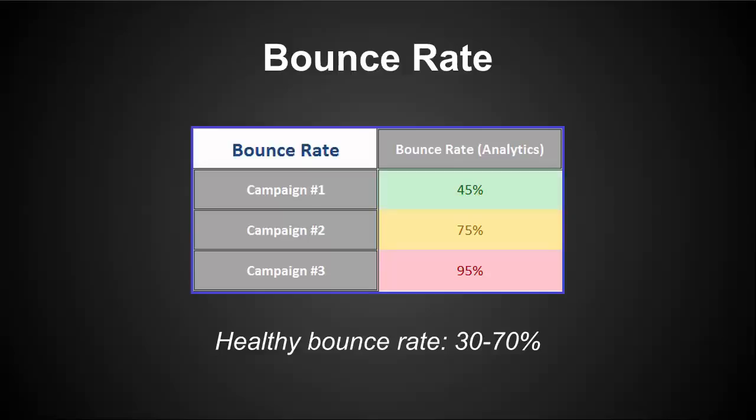If they spend more time on the site, it shows that they showed more interest. Those customers are more likely to convert, statistically speaking. So in these 3 examples here, campaign number 1, 2, and 3, you can see that the ones with a lower bounce rate would be considered healthier campaigns. It doesn't necessarily mean that a campaign with a 95% bounce rate is always going to be more successful than a campaign with a 45% bounce rate. But if you are comparing 2 search campaigns and all other variables are equal, then I would definitely go with